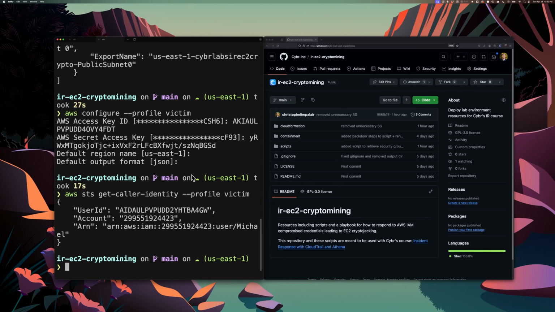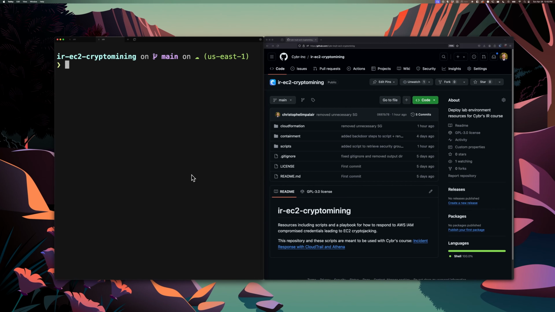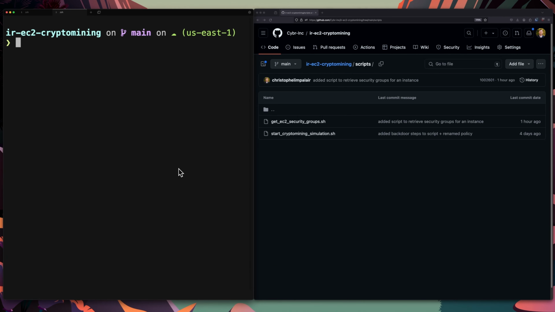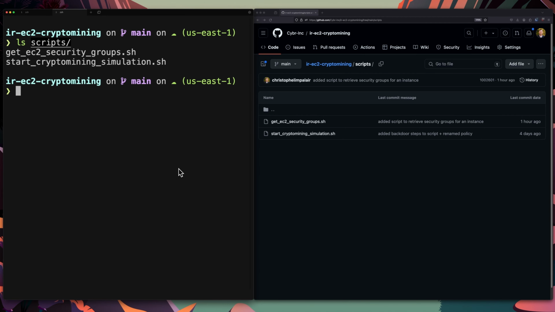Okay, so now that our AWS environment is configured, we're ready to simulate our attack scenario. So let's go ahead and do that now. And to do that, we'll use the sample script that you downloaded in the prior lesson. That's going to be in this scripts directory, right here, and it's going to be the one called start cryptomining